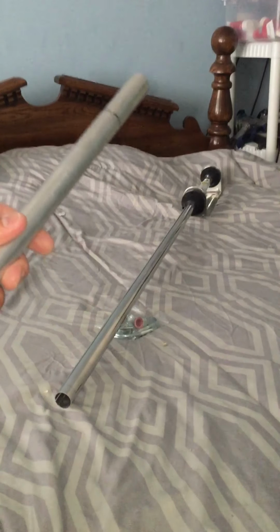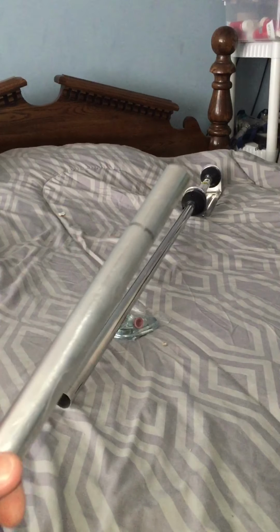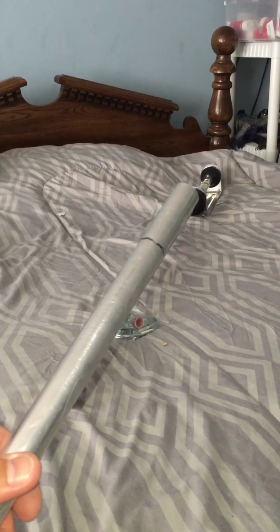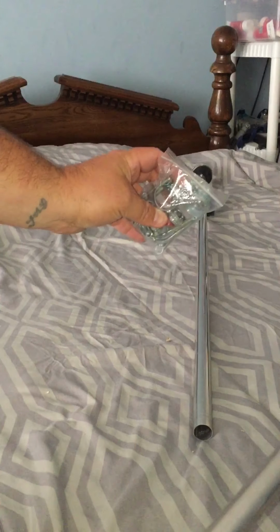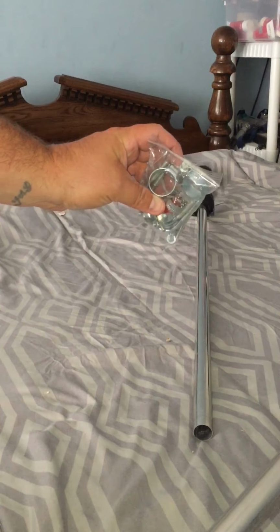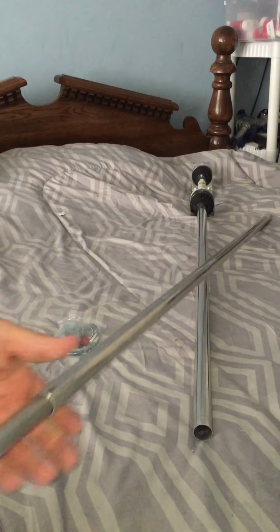Look at that. They even mark where you need to put it. Pretty much adjust these aluminum rods, use one of these little clamps. And it's nice that they already pre-mark it for you. I'm sure you might have to do a little fine tuning at the end there, but